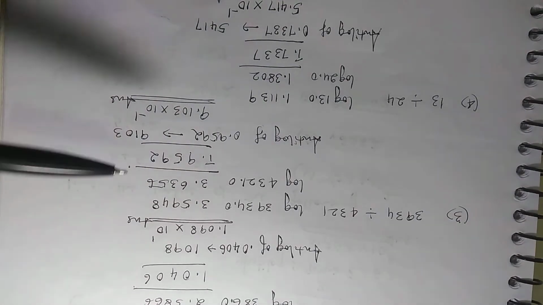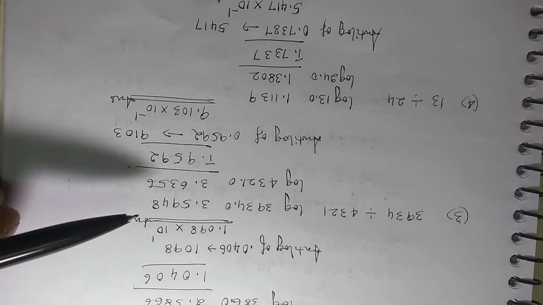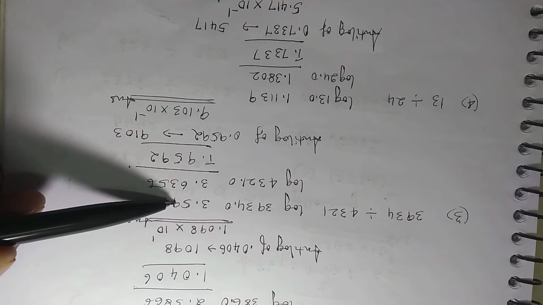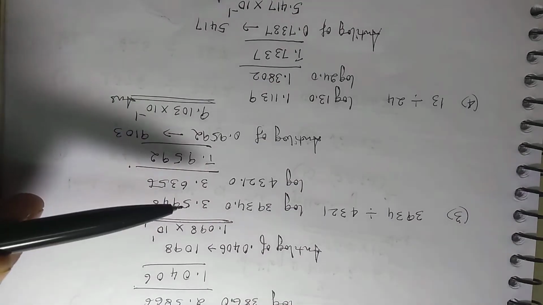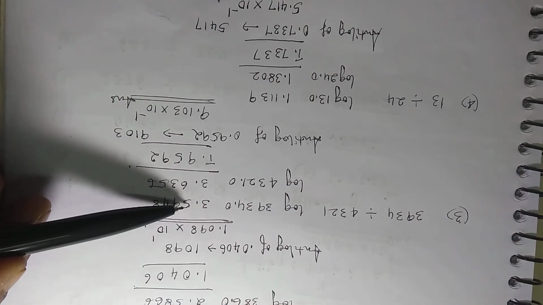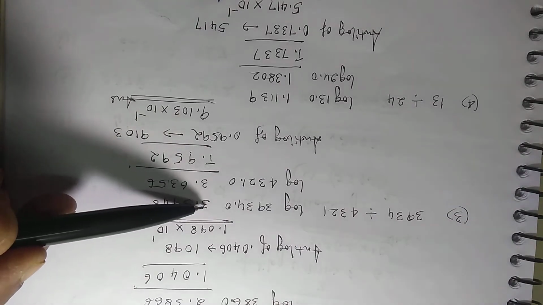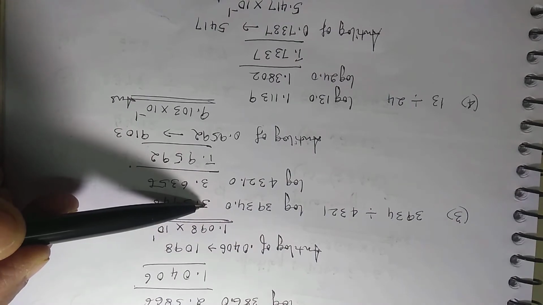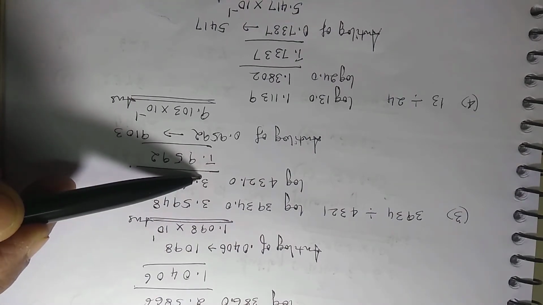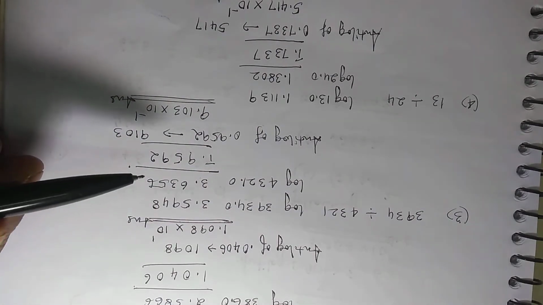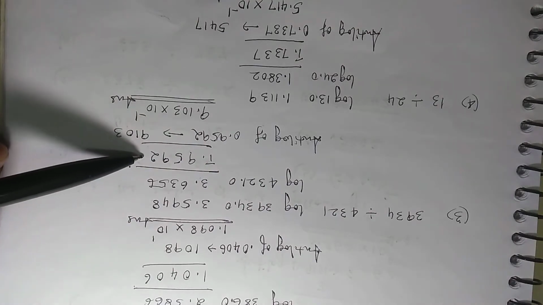Do the same thing, find out the difference between the two. So here it is 8 minus 6, 2; 14 minus 5, 9; then 8 minus 3, 5; and here you have 15 minus 6, that is 9. Now here only 2 is left. So 2 minus 3 is what? Minus 1. So instead of minus 1, we put it as bar 1. Is that clear? Now you find out the anti-log for this.